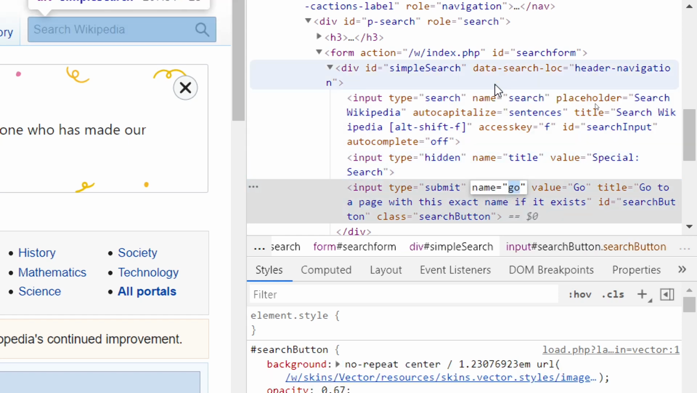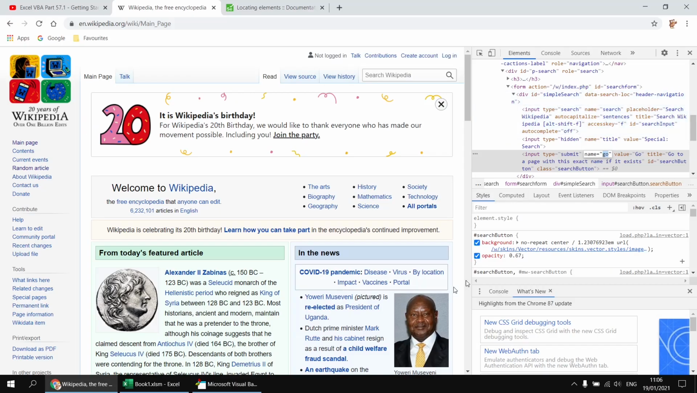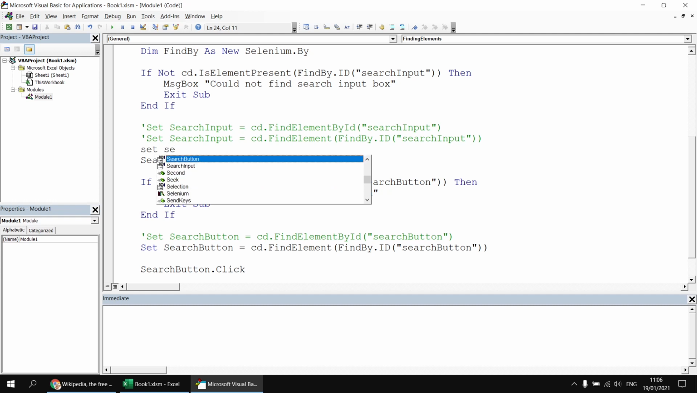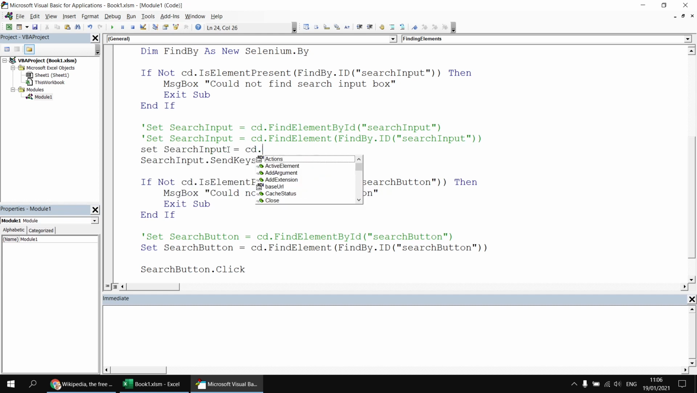And these name attributes are usually used by the back-end code to reference the data that these elements contain. But we can use those in Selenium as well. So I'm going to head back to my VB editor, and I'm just going to scroll to the section which tries to capture a reference to my search input. I'll do this from scratch. I'll comment out any existing lines which reference the search input, and then say set search input equals cd dot